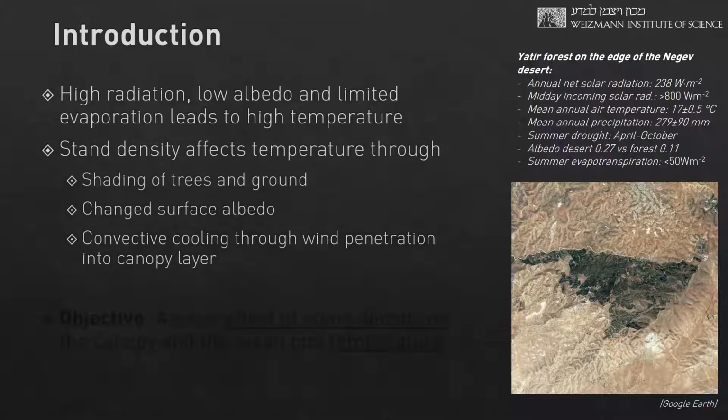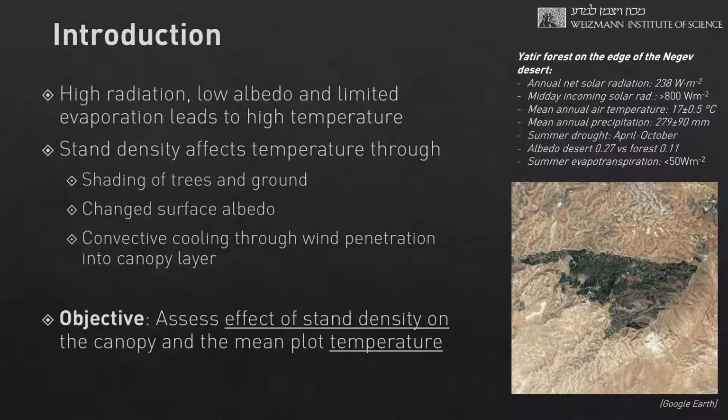temperature. Now, as you know, stand density can affect temperature through the shading of neighboring trees or of the ground itself, but also the stand density affects the overall forest or plot albedo. And finally, convective cooling through wind penetration into the canopy layer can change the surface temperature. So the objective of this study was to assess the effect of stand density on the canopy and mean plot